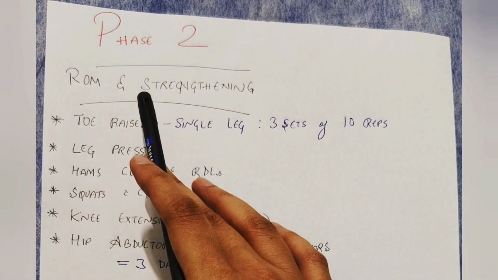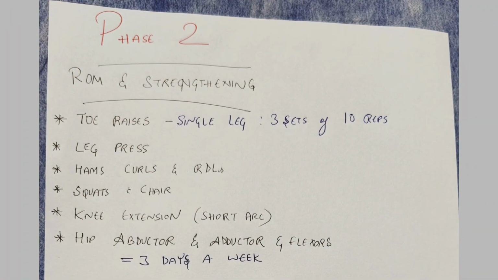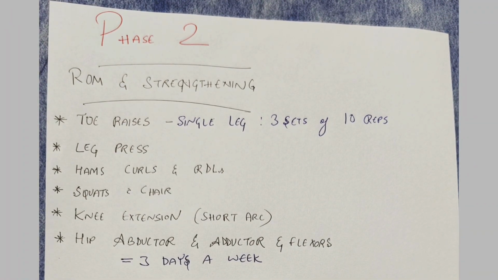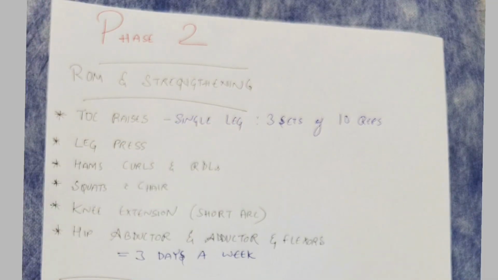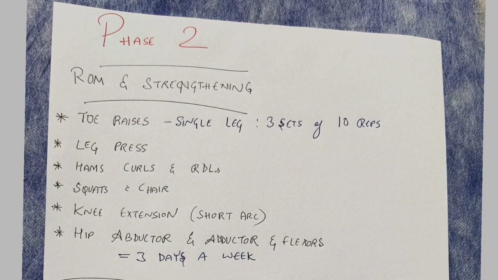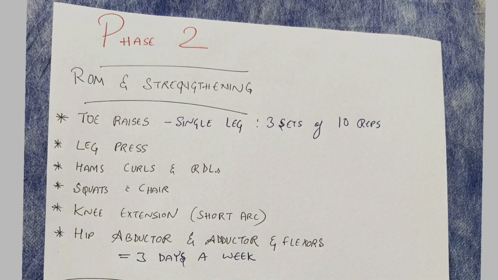So before we go on to the exercises, we really need to be precautious about certain things, such as pain at the patella tendon site should not be there. If at all there is crepitus at patella, we need to modify the exercising protocol and we need to gradually progress. We don't have to rush or ego lift in any way, and simply we need to do the exercise in a slow manner, having a mind and muscle connection, and there should not be any quick change in direction